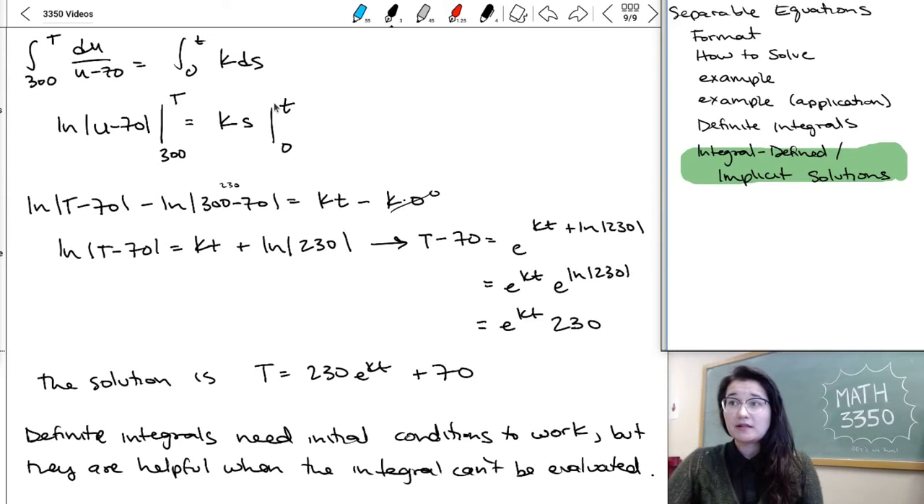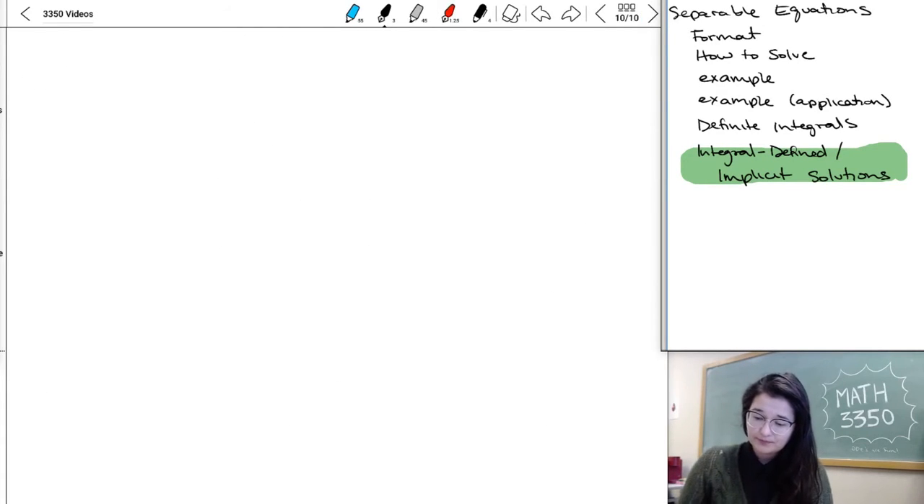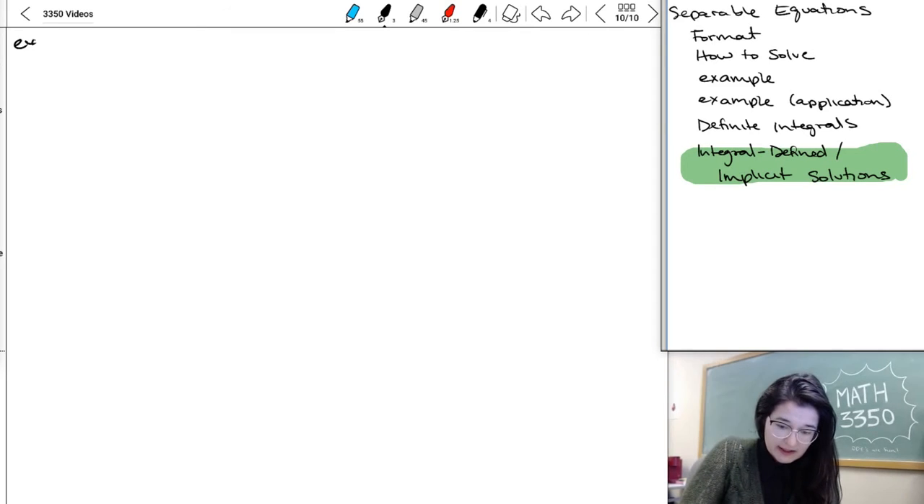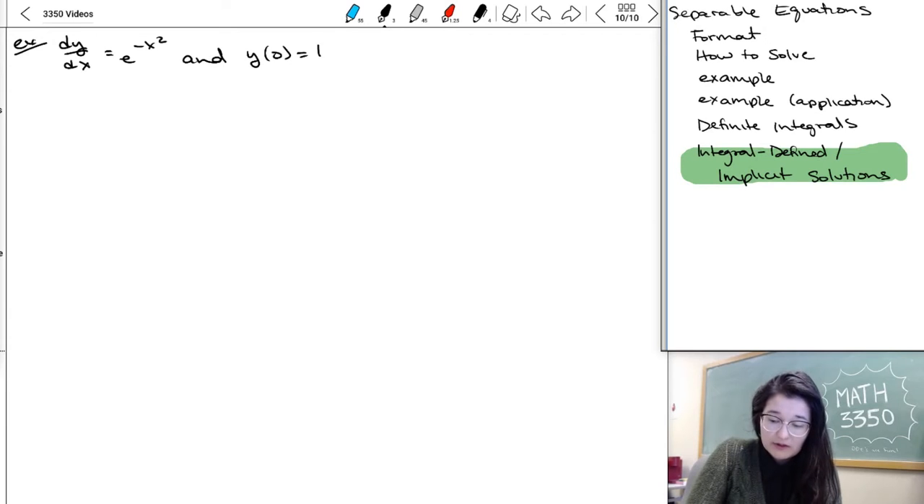So next up, we're just going to do two examples of integral defined and implicit solutions where this idea of using definite integrals can help us out. So in our first example, we're going to consider trying to solve dy dx equal to e to minus x squared, if we have initial condition y of 0 equal to